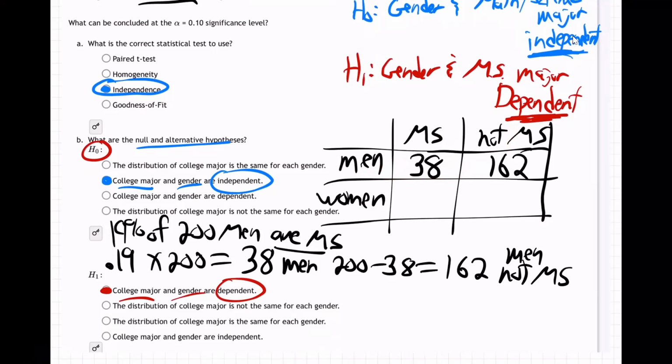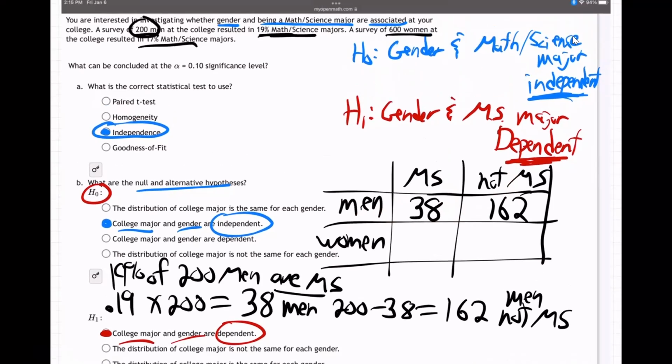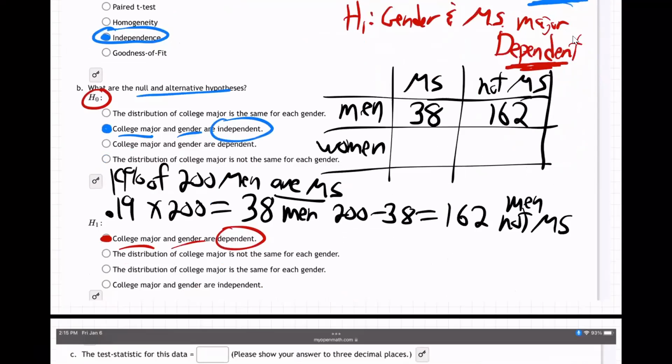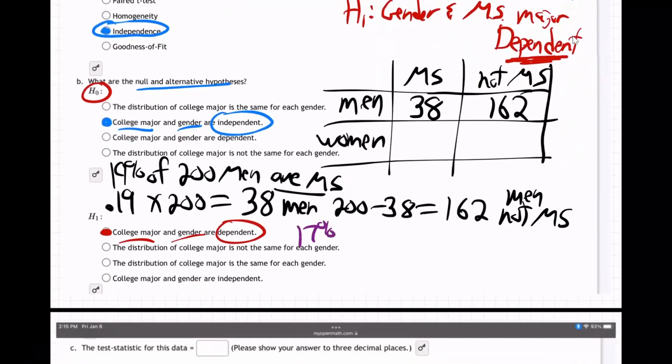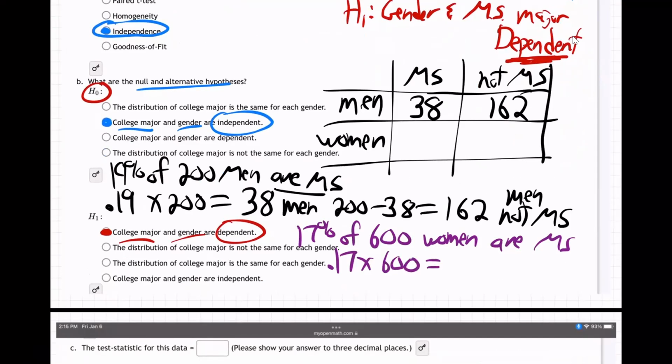So for the women, I'll do them in a different color here. What does it say about the women? 600 women surveyed, 17% are math science majors. So 17% of 600 women are math science. That's 0.17 of is times 600. Hit the buttons on your calculator. I'm going to do that right now. 0.17 times 600. I'm getting 102 women